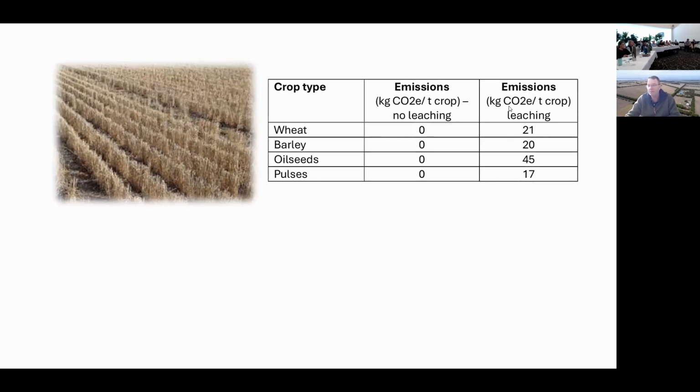And the emissions converted into carbon dioxide equivalents, if you tick the box on did we have leaching occur or not, are those sort of numbers. So if you tick it on, you get pinged those sort of numbers in kilos per tonne as part of that, which is, I wouldn't say significant, but it certainly adds a bit to it if you tick them on or off. So I'm only ticking them on and recommending that people tick them on if we've had a really wet year as far as that stubble and stubble management goes.